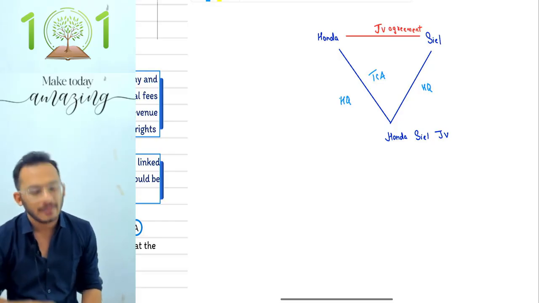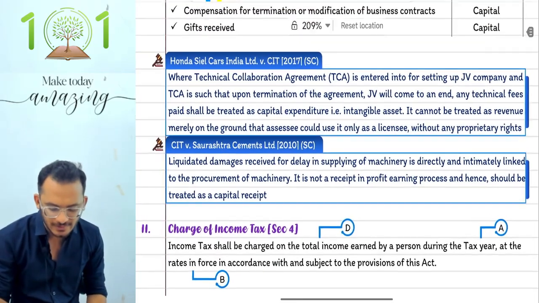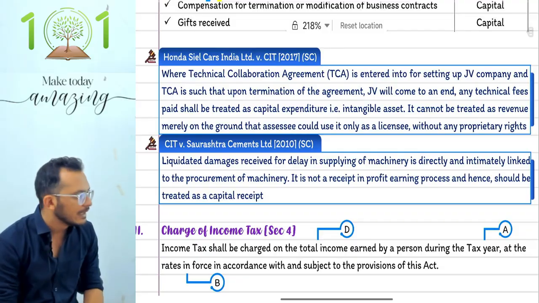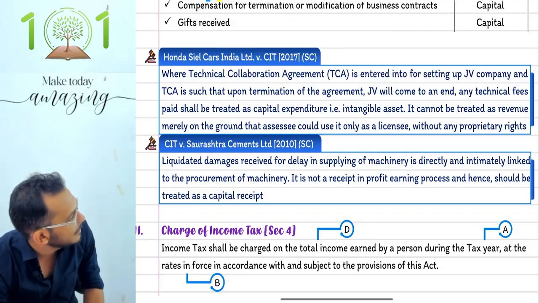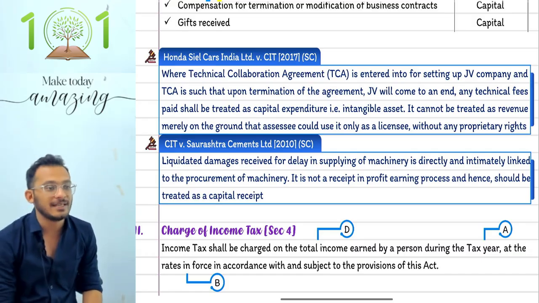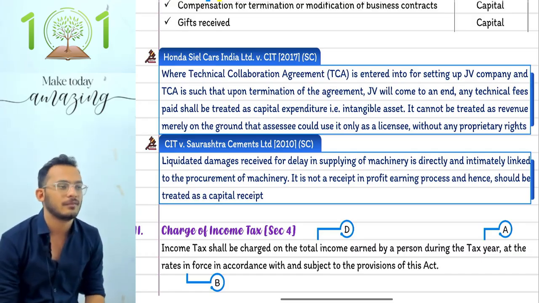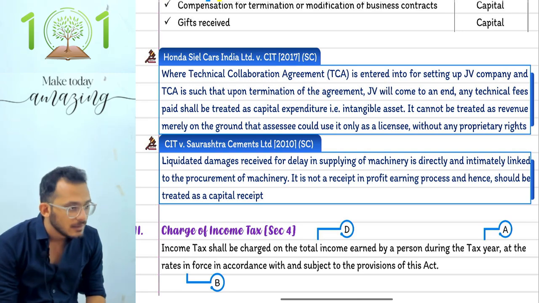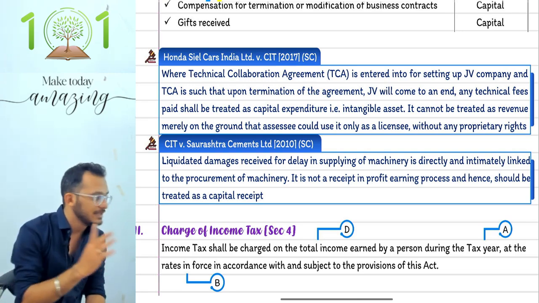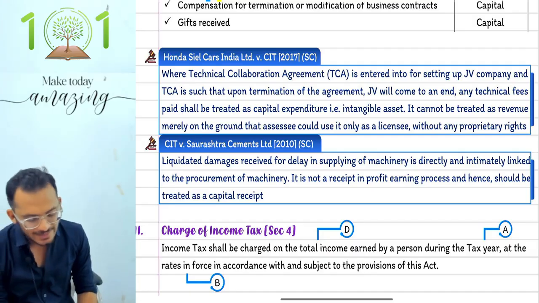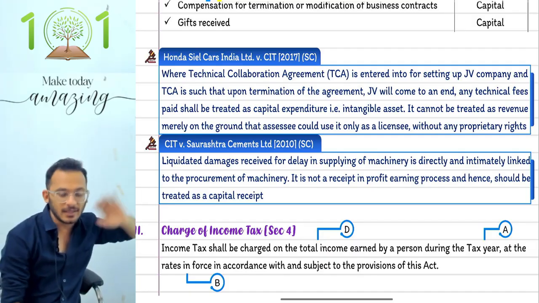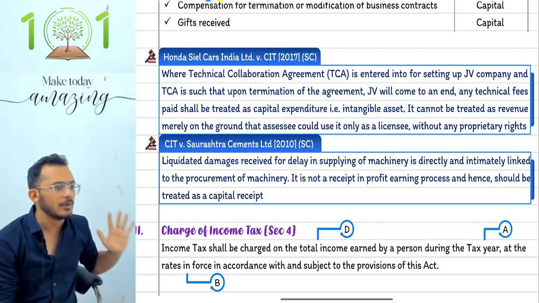Separate subsidiaries, that is what the case law was. Any doubts on the case law? Yes, this is what the case law is. Honda CL, Supreme Court judgment of 2017. The judgment says when a technical collaboration agreement has been entered into for setting up a JV, and the TCA is such that upon termination of the agreement, the JV will also come to an end,